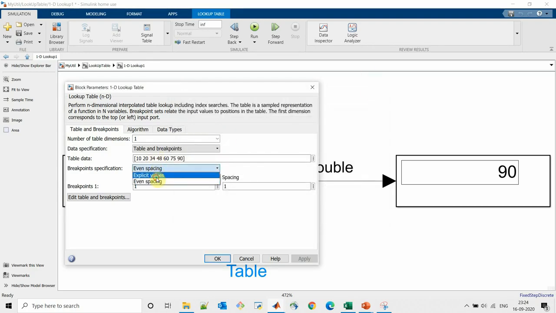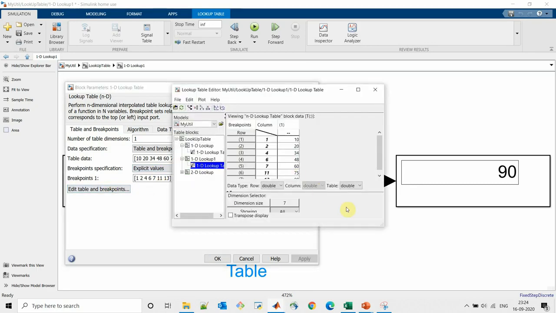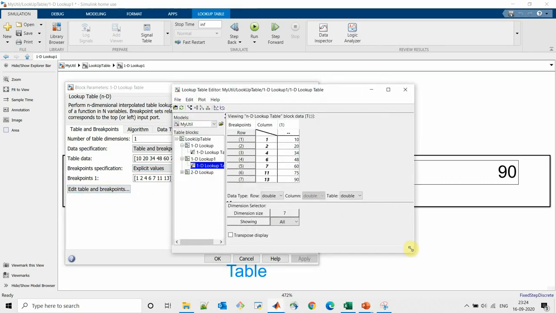If we select explicit values like what we have selected, we can see our lookup table with the specified values. We can change our data values from this tab as well. Like instead of 20 we can make 24.